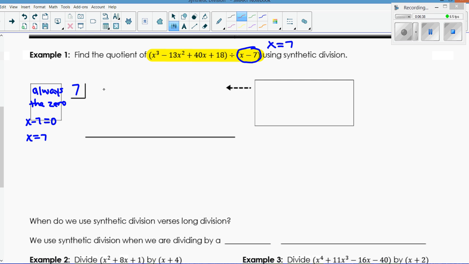So x to the third has a coefficient of 1. Your next coefficient is negative 13. Your next coefficient is 40. Your next coefficient is 18. Space them out a little bit. Okay? All of those numbers, so I'm going to make a note here, are the coefficients